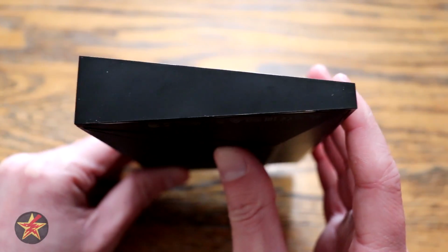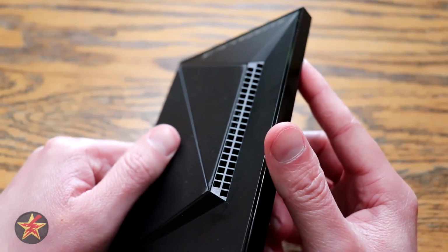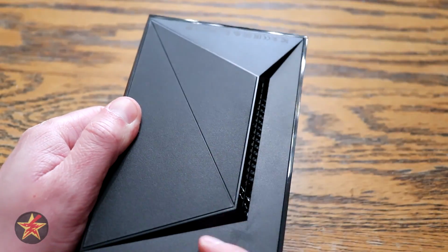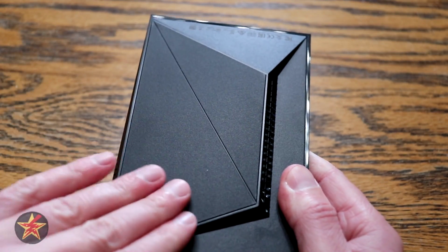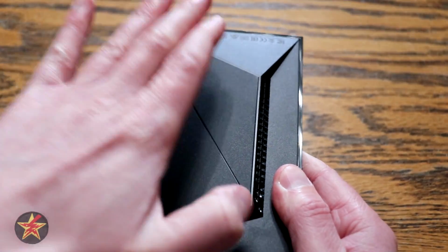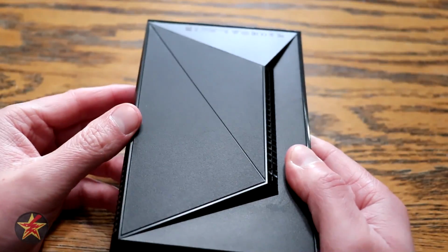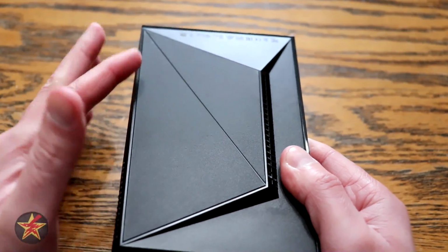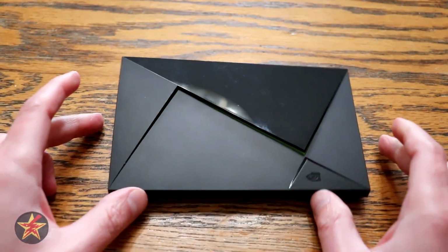Coming along to the other side, nothing there except shiny plastic. Underneath, you've got a very large vent port right there. You have matte plastic all around. You have this foot here, which is slightly rubberized in texture, giving you a good footing, which is also why I leave it on its belly, we'll call it, as opposed to standing up on either side, because that's just the shiny accent plastics. This actually is rubberized, and you'll get a good grip where it's not gonna move around on you,